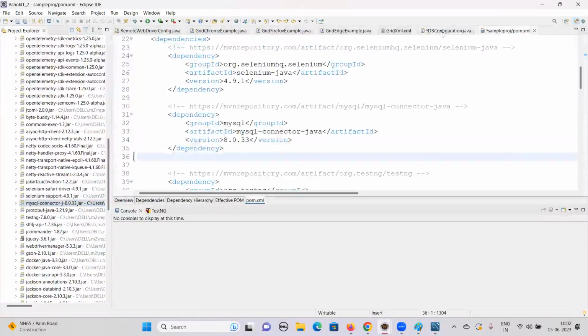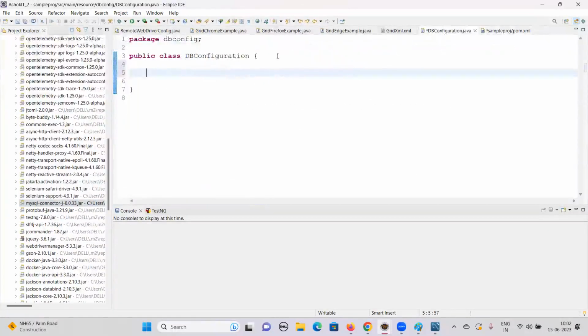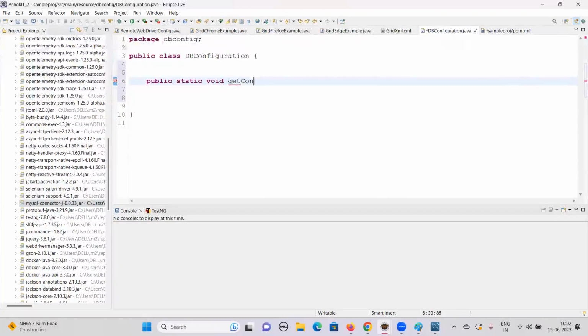Now, what do we need to do? We'll be creating the connection. So now we have to create the connection. How do we create it? I'm going to create a method: public static void, I'm not going to return anything, getConnection. So this is a method that I'm creating here. And we have to use